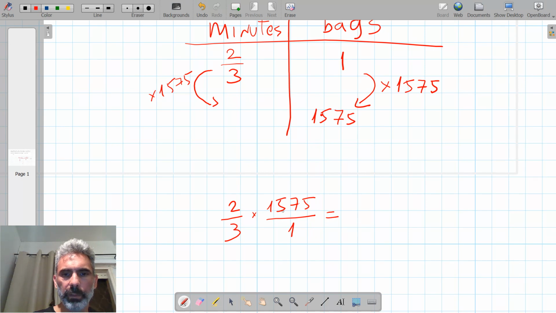Okay, 1 plus 5 is 6, 6 plus 7 is 13, 13 plus 5 is 18. So this number is divisible by 3. So I can simplify this. 3 divided by 3 is 1, and 1,575 divided by 3